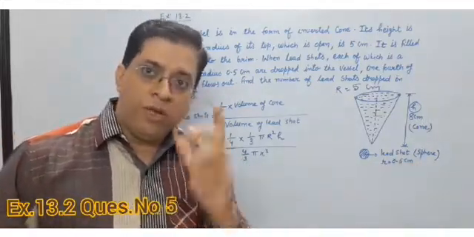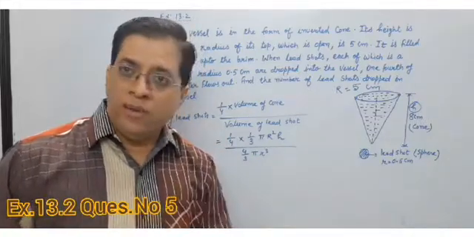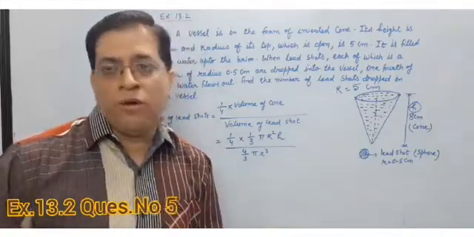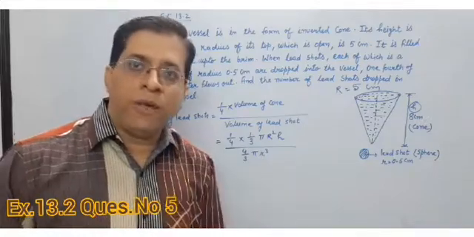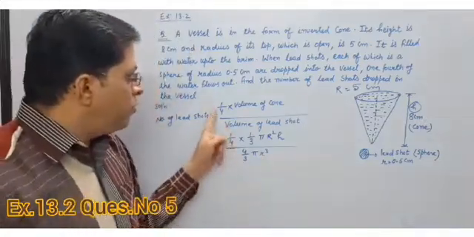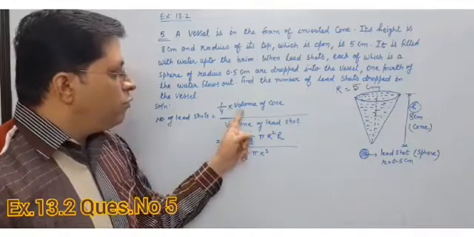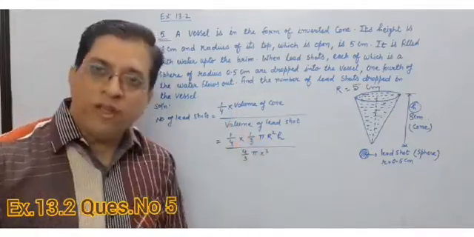Okay, shots are only in spherical shape. Radius is given to you. Radius of sphere also I know. That is 4 upon 3 pi r cube. See here, 1 upon 4 is 1 upon 4 as it is. Volume of cone 1 upon 3 pi r square h.